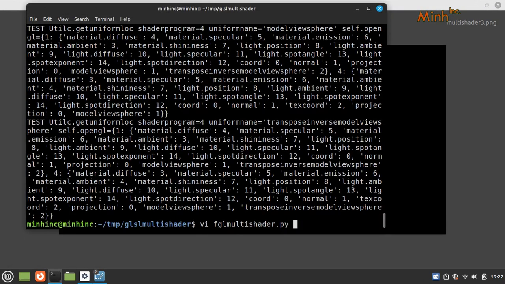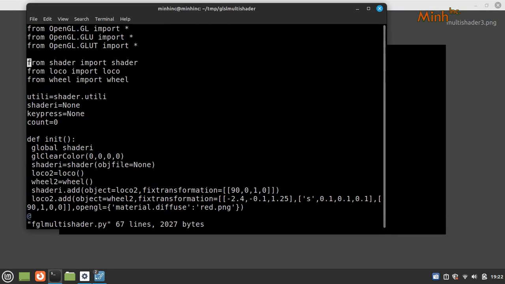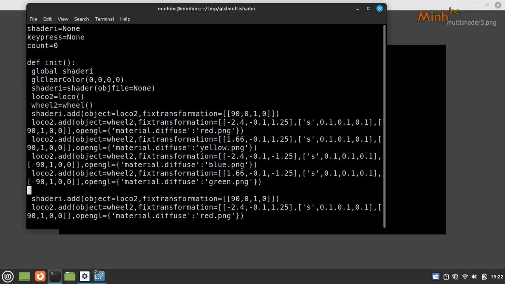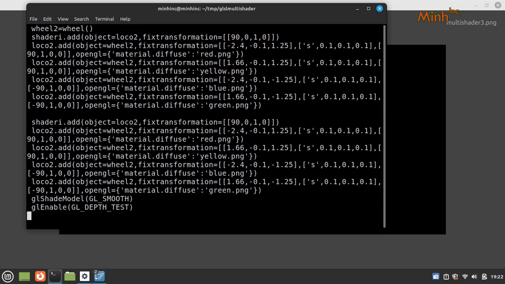Now we can add more cars. Okay, so I can add like this. We have 5, I believe. Okay. Same object is loco 2. And here,